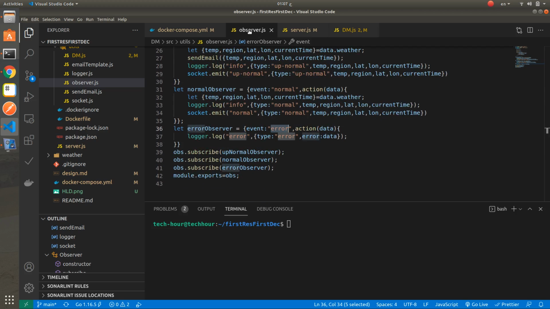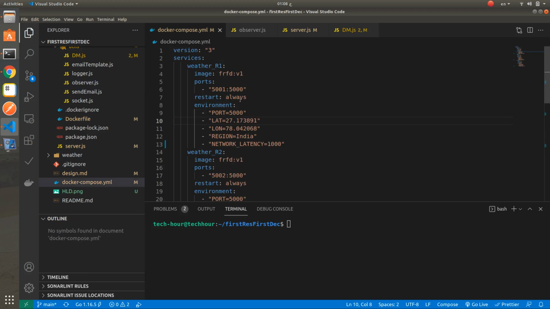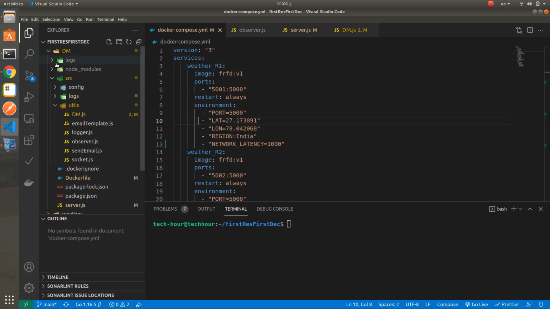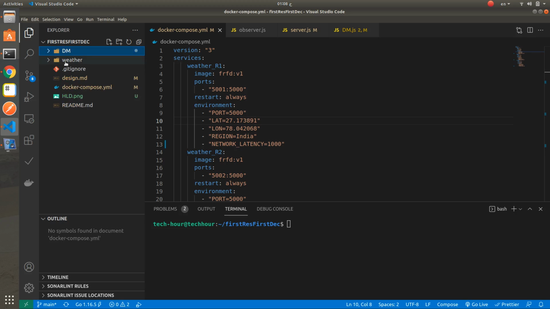So now let's run the project and see its effects. This is the weather service.